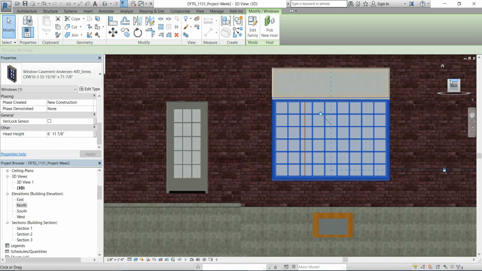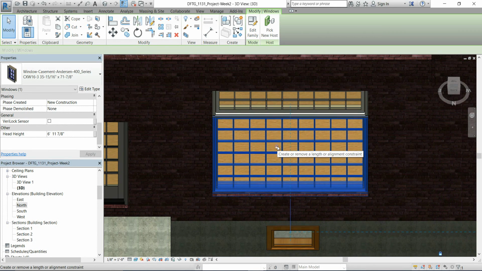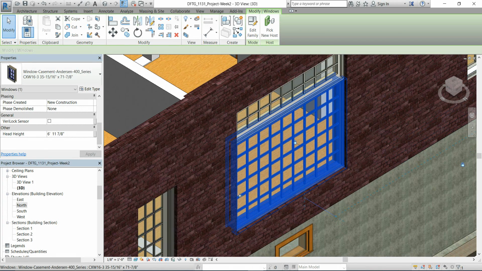Okay. Because you wouldn't build a window this big with divided lights like that, okay? But those are there. Now, a lot of these, there's a note on the drawings that gives